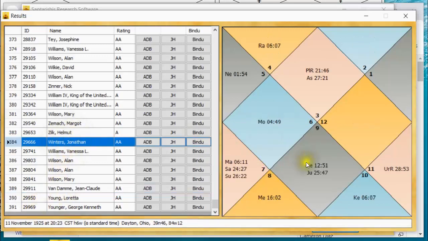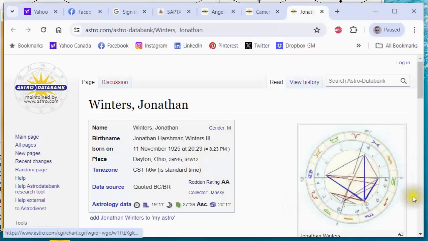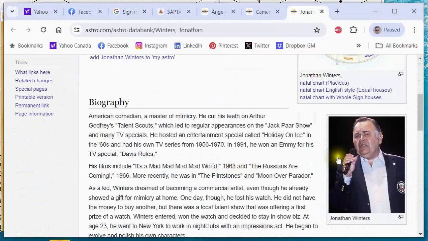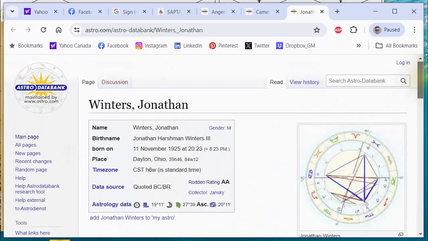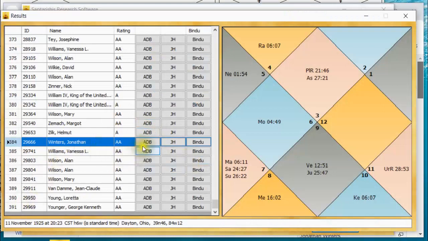Very good. Let me see. Jonathan Winters. I think that's somebody I know. I'm not sure, but let me click on the AstroDataBank button and see who comes up. And is this who I thought it was? Jonathan Winters. Yes. American comedian. Okay. So this goes back to those who are old enough to remember watching the Ed Sullivan Show. I'm sorry, but he is who I thought he was. And that's the cool feature of this AstroDataBank button, the ADB button, where you can go and you get a quick look at that